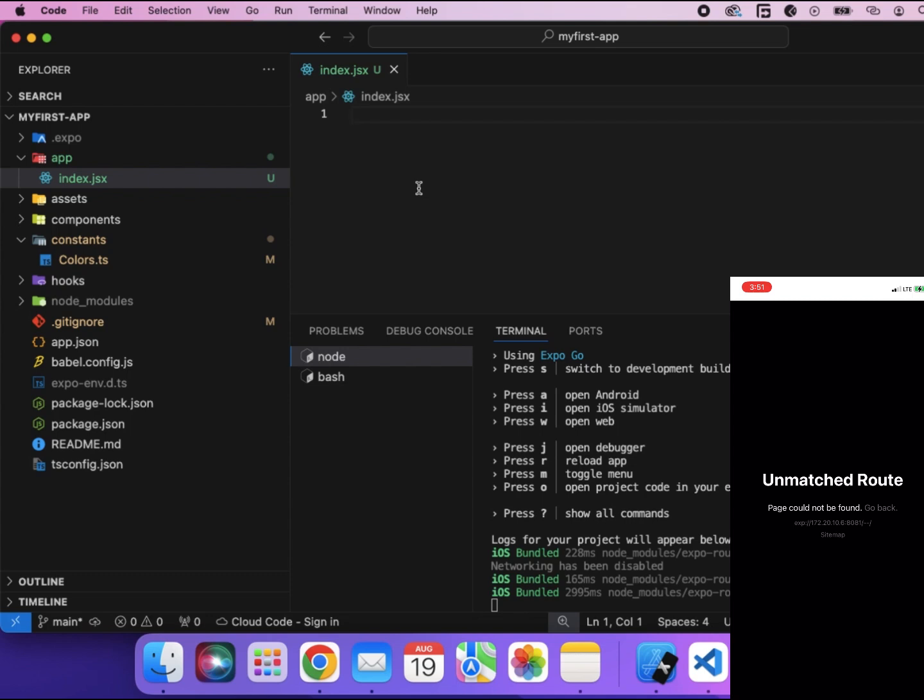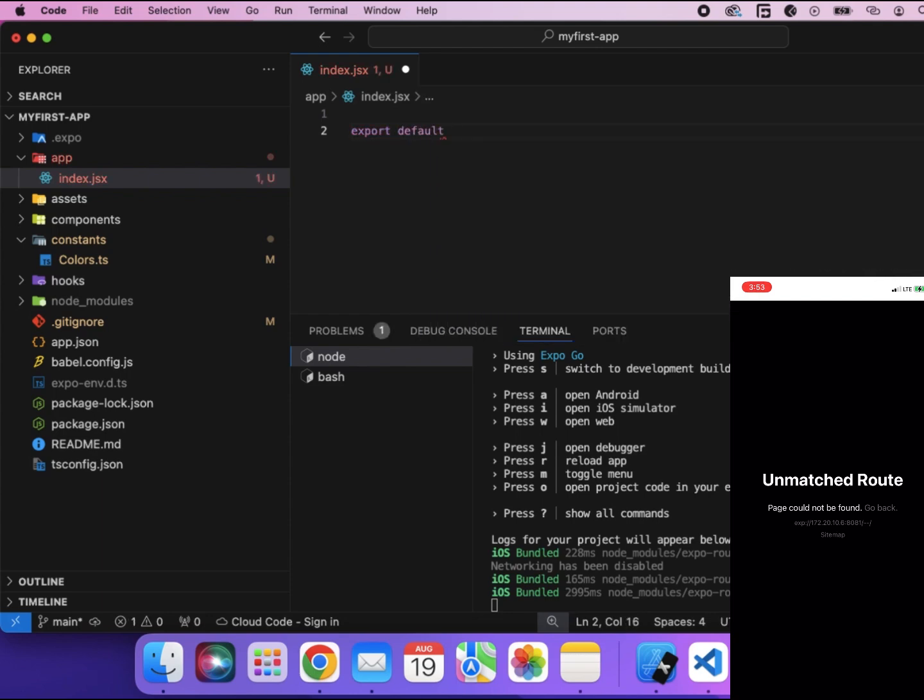So now if you can see from my phone, it has switched from trying to access the index file. Now it has the index file, but it cannot open the index file because there's no export of an object that is supposed to show it a screen for it to load the index file as a screen. So that's why we have that. So let's put something inside the index file. We are going to do an export